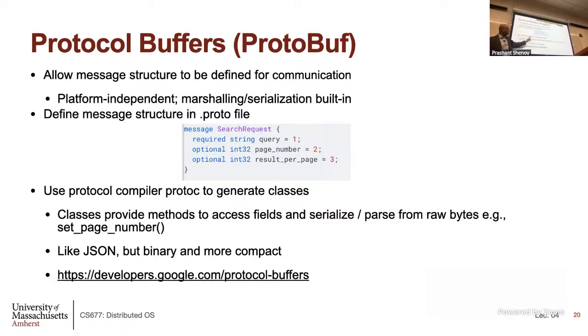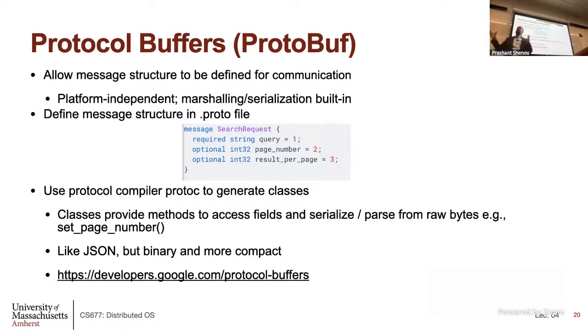In the gRPC world, that's called protoc. It will essentially construct some classes for you. This is like the stub code, but to send protocols data back and forth. This is not yet stub code to make RPC calls. This is just stub code to send this data back and forth. And then you can essentially use the methods of that class to send that data, to extract the fields at